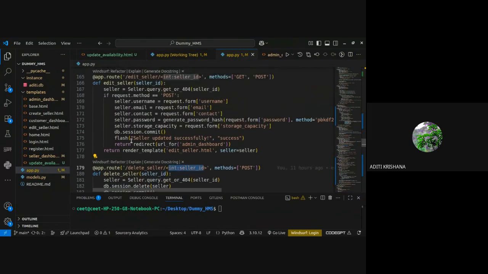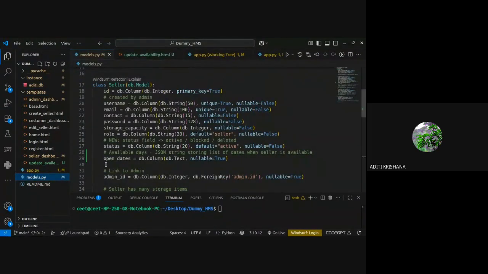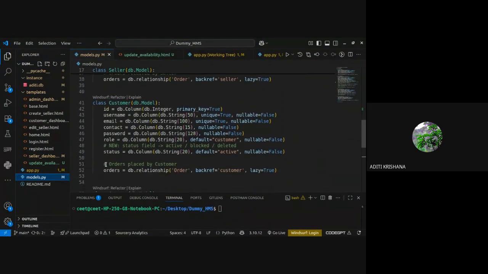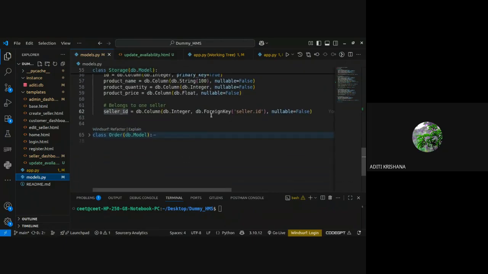For example, in edit also I have given seller underscore id. So this seller underscore id is the foreign key in your models.py. So search for whether there is a foreign key related to that particular thing for which you are going to do the edit or delete.